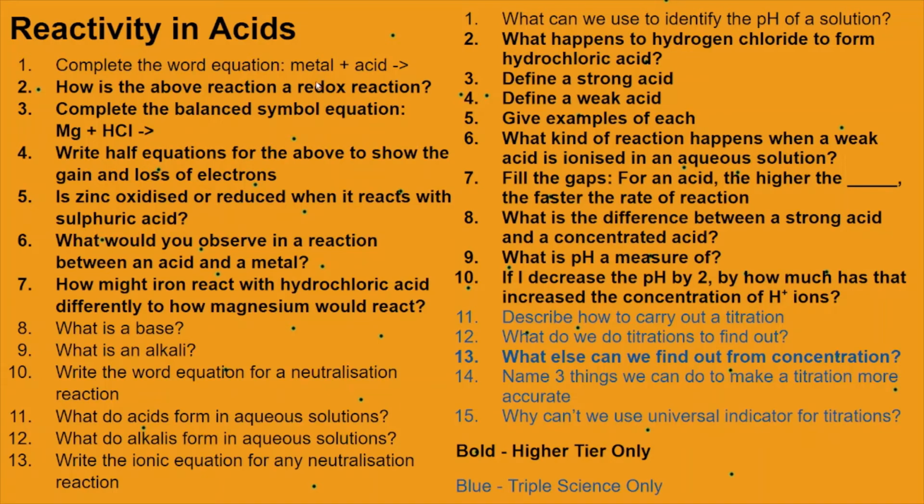So now we're going to move on to reactivity in acids. There's 28 questions here, but a lot of them are higher tier only, like all the half equations and redox reaction stuff. This first bit is kind of a bit of what we've just done. And this blue bit, titrations, is triple science only, not for combined science. And this bold bit, strong and weak acids, is also higher tier only because it gets kind of complicated